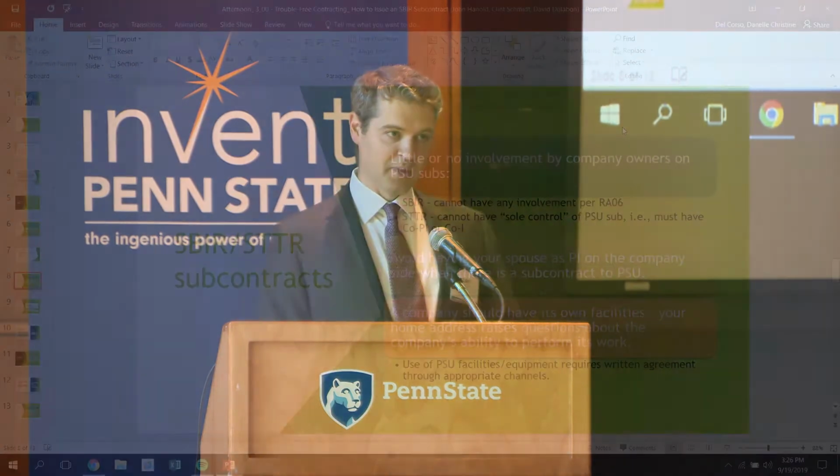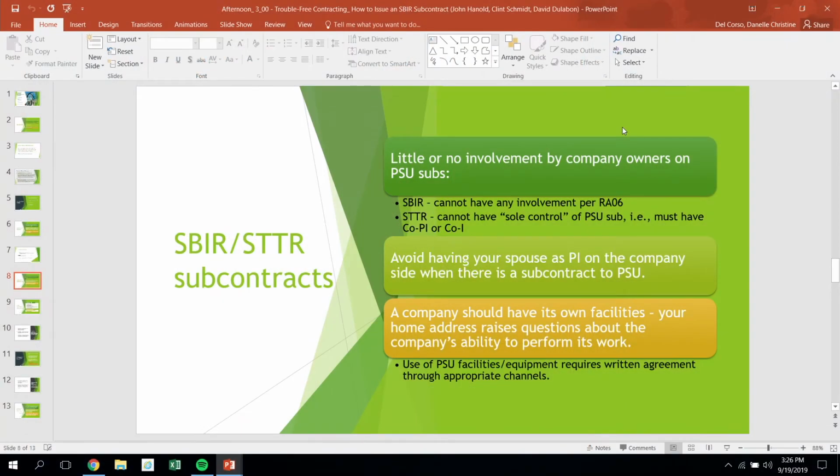So one of the most important things I can say about those general principles that David was talking about, as far as contracting at Penn State with SBIRs and STTRs, is that if you have a small company getting an SBIR and you want to contract at Penn State, you can't have anything to do with that subaward on the Penn State side. You can't be involved even with zero effort or zero salary. So anyone with a financial interest in the company can't have involvement here. On an SBIR,